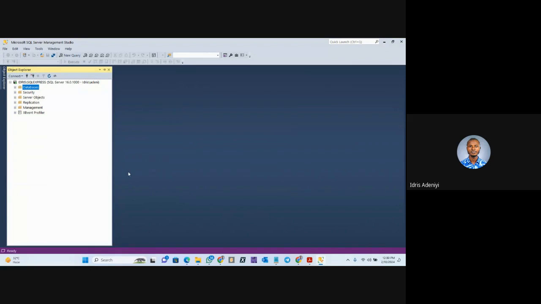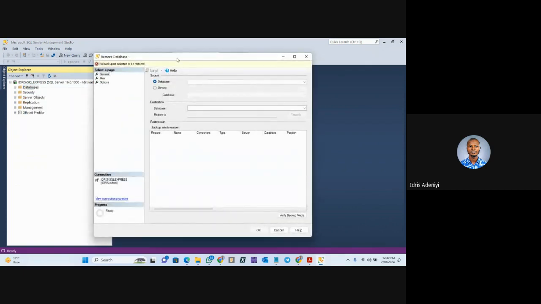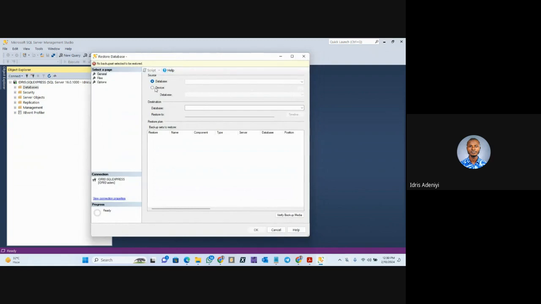Now, to install it onto SQL Server, you open your SQL Server, and then in the left area called the Object Explorer, you have databases. So you right click on databases and then click Restore Database. And then on the window that shows up, you click on the